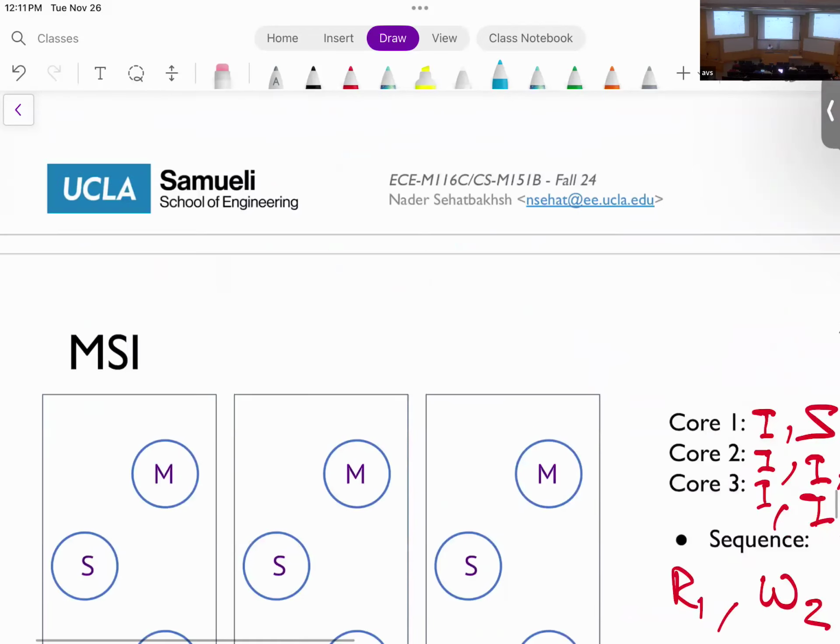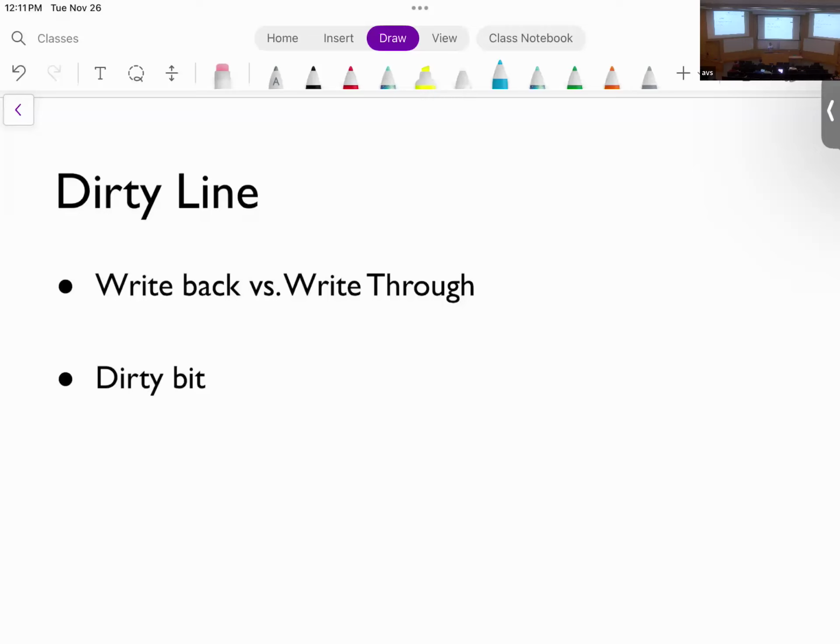One last thing to say is that we usually use a write-back strategy in most cases. That's why we have the dirty bits, and that's why we write back. If you had a write-through strategy, then write-back is not necessary, because whoever wants to write updates the cache and memory at the same time. So when we want to switch from M to S, we just switch without needing to write back, because this is a write-through strategy.